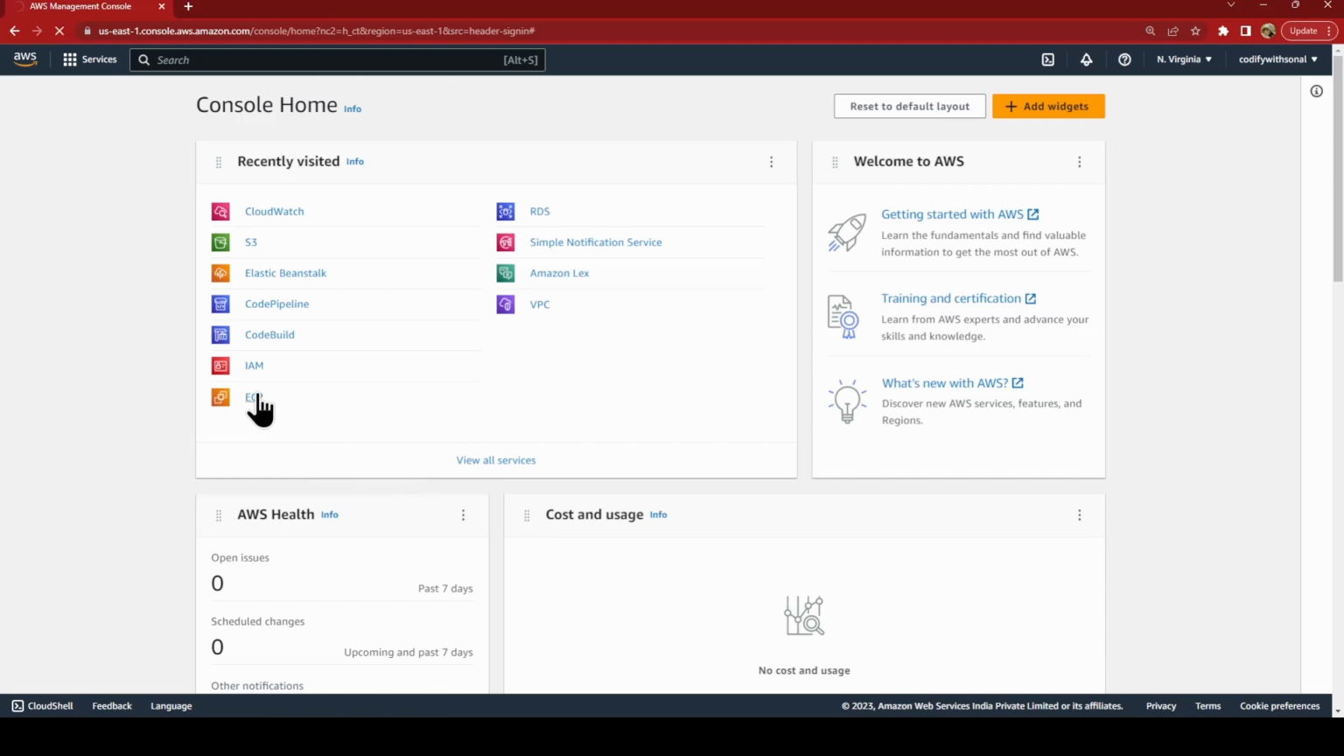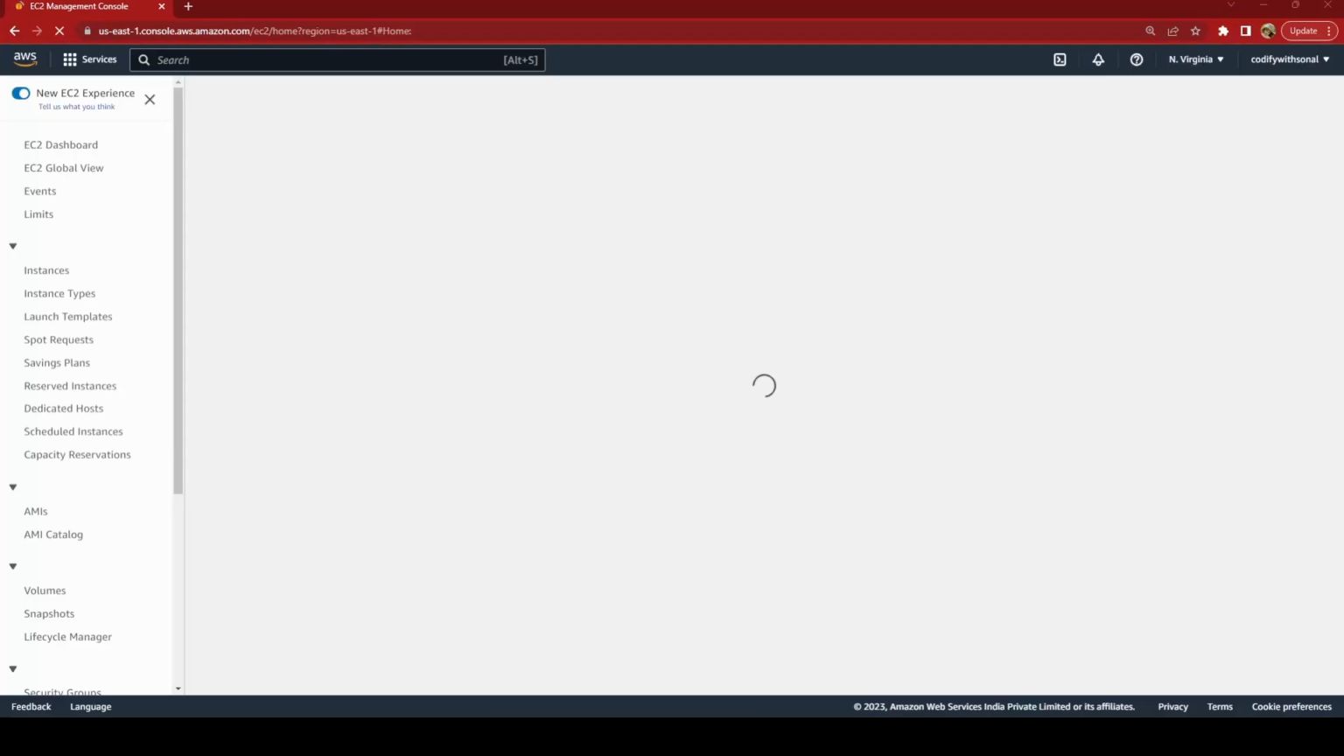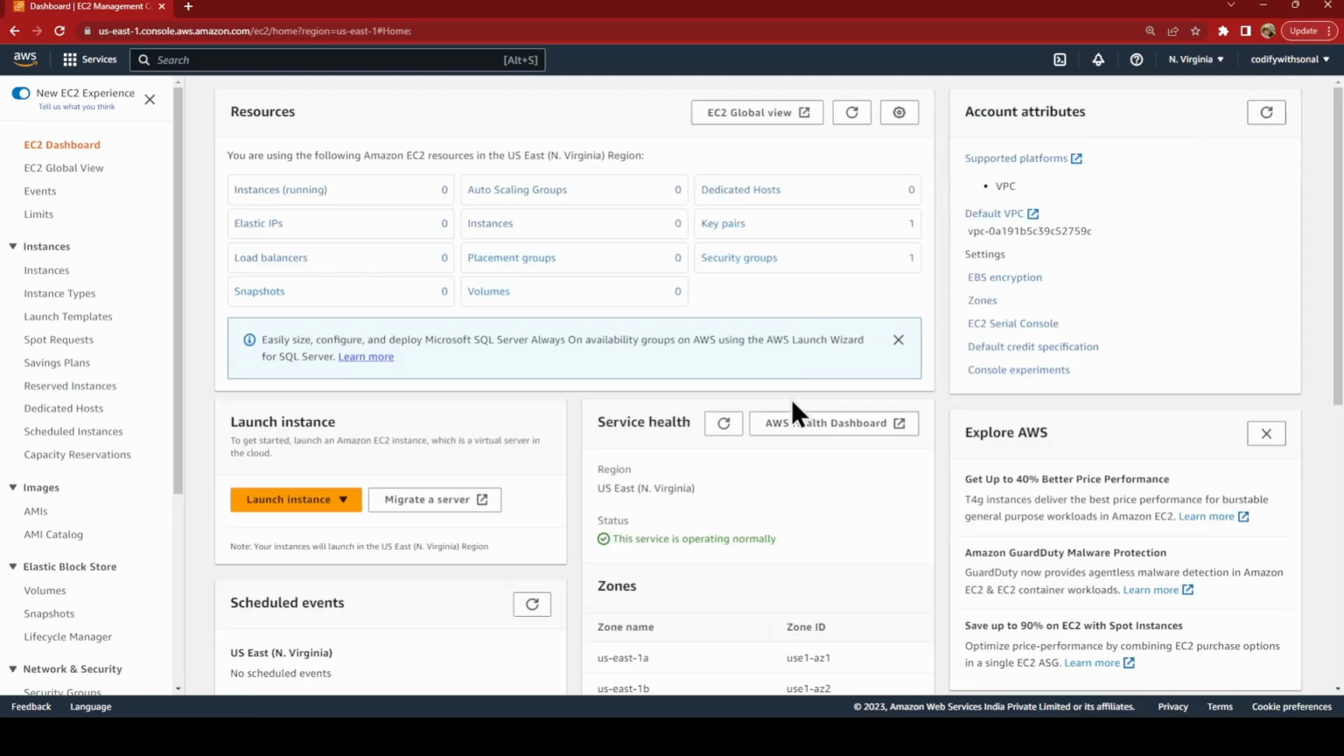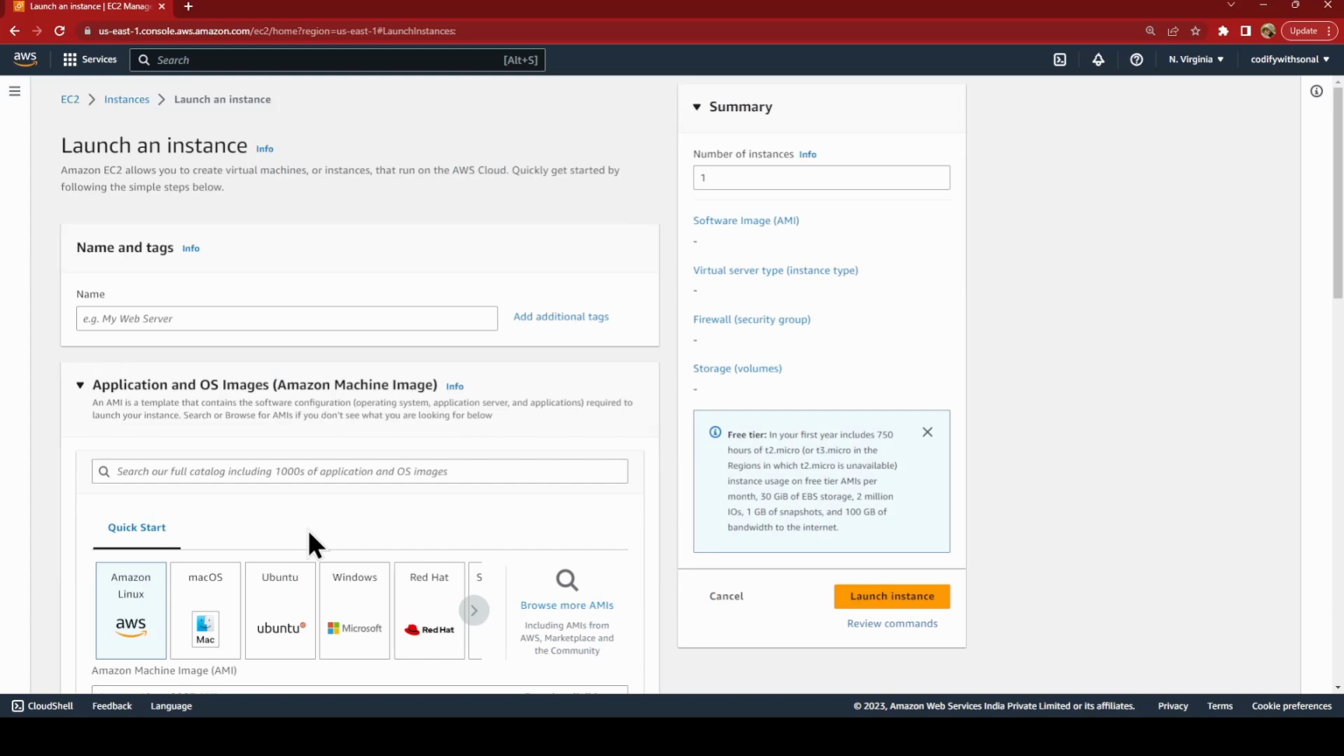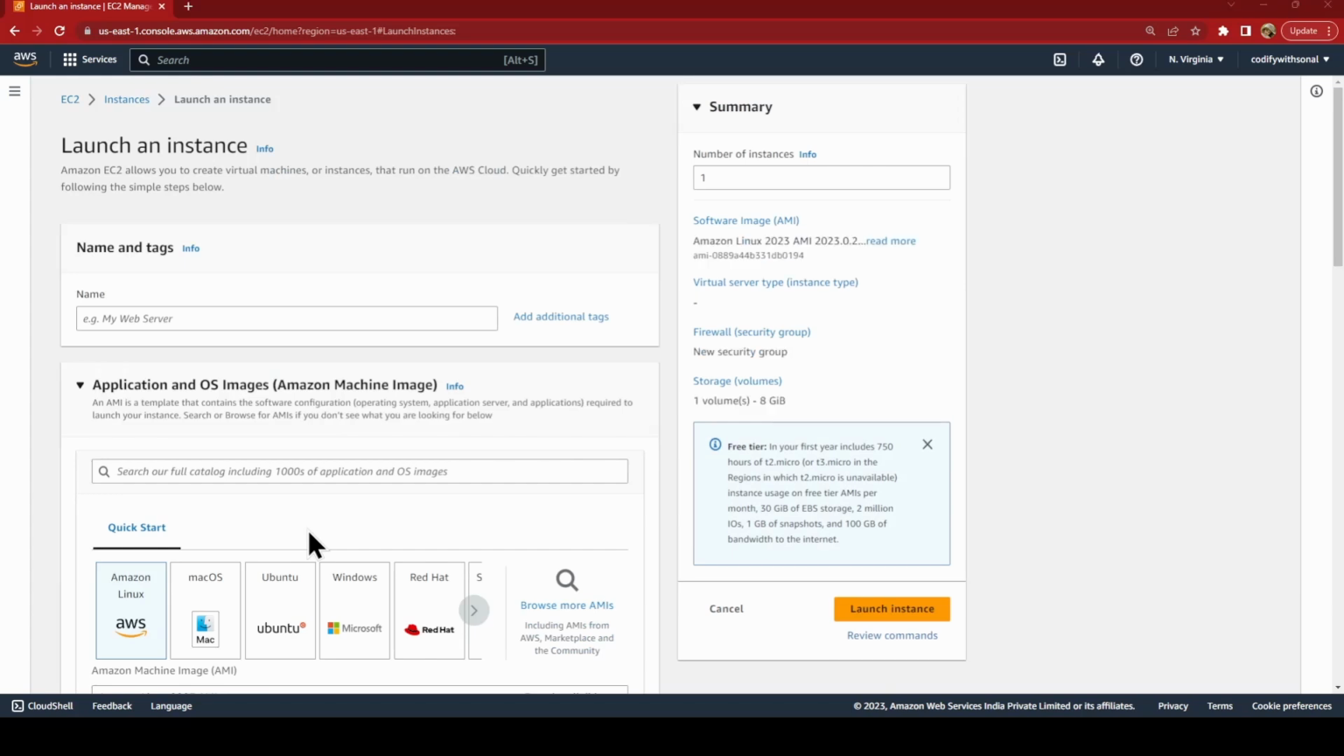So here we are in our console page, and let's go ahead and create an EC2 instance. Okay, so we'll go to EC2. And you can just check the region in which you're creating, and we'll just go and say launch instance. And I just name it as my first EC2